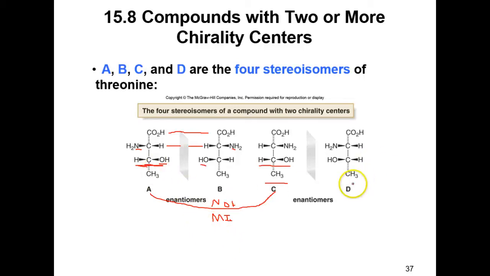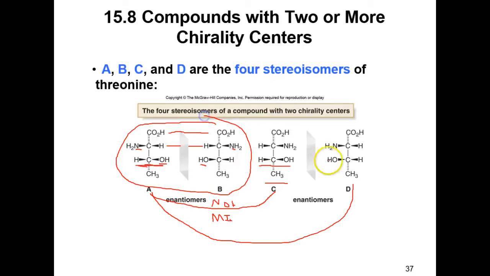Notice this compound, same thing. It's not a mirror image. This group has switched this time, but this group is the same. So these are enantiomers, mirror images of each other. If you look at these two compounds, these are also mirror images. However, this group of compounds is not the mirror image of these. Only one of the stereocenters has changed. So these are what's called